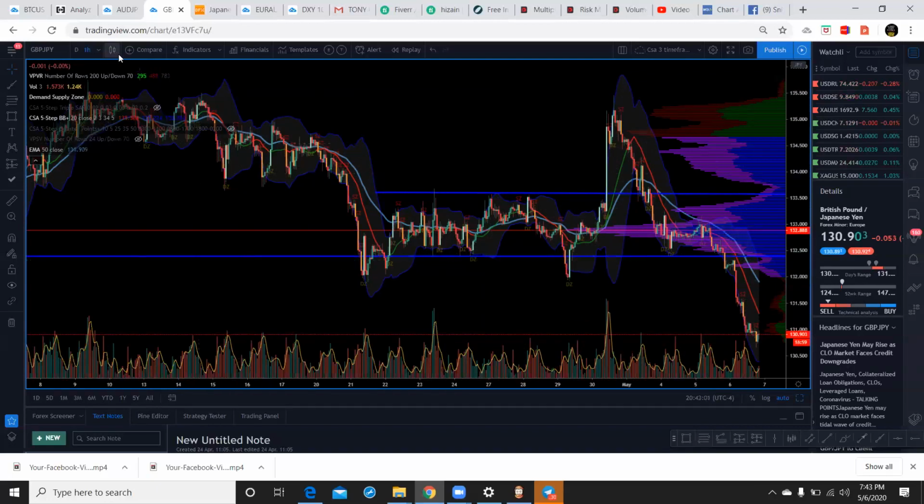So what I like to do is test the market. I like to throw a little bait out there. So I may put in a little micro lot, see how the market reacts, wait for a pullback, and put in more size. First thing I'm going to do is try to find a sentiment or a bias